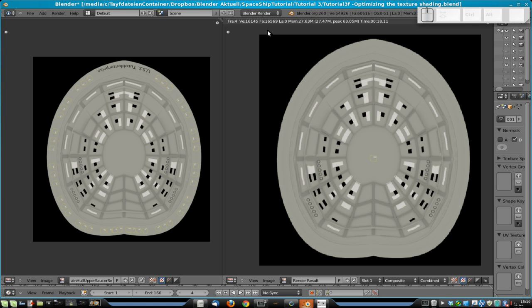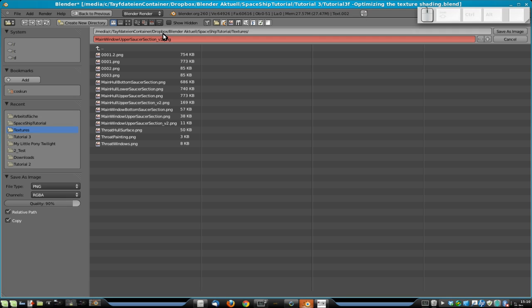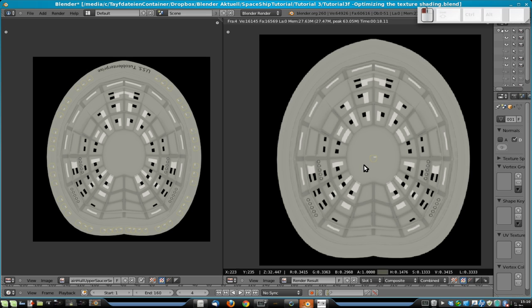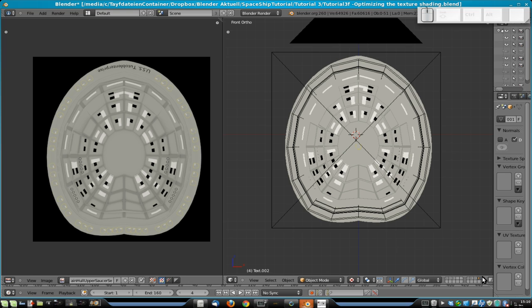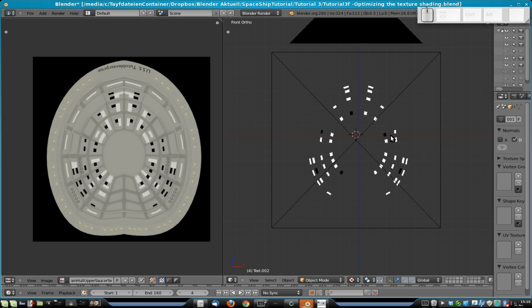So you saw how much the rendering time increased or decreased. So this is the main hull bottom saucer section, isn't it? So let's call it version 2. Save. Okay. Then again we need the windows, but they are the same here. Actually we should at least change a few black lines, but you can do that too. There's no words to show it here, so I will just keep this simple here. And we don't need to re-render it actually, since